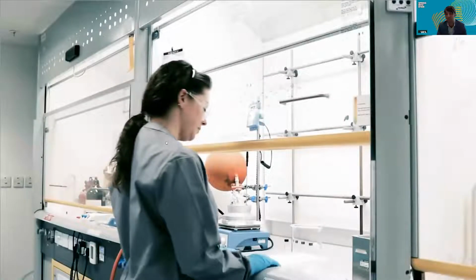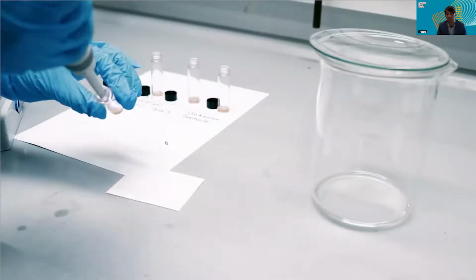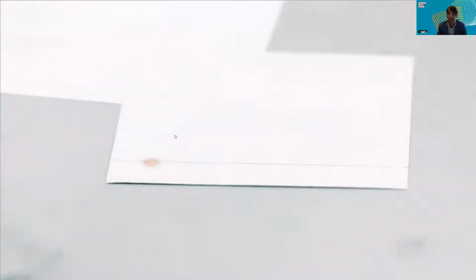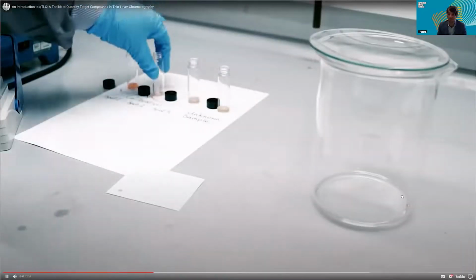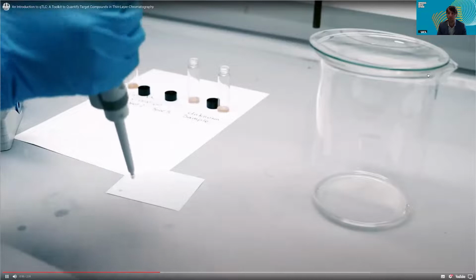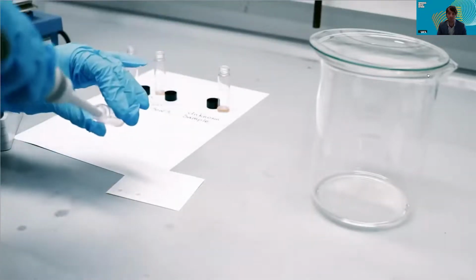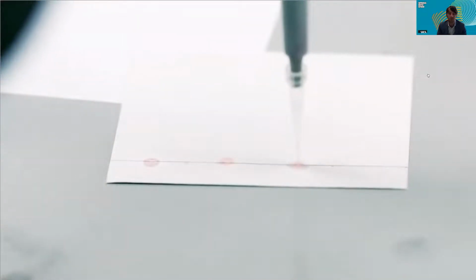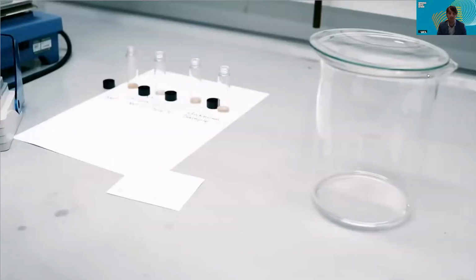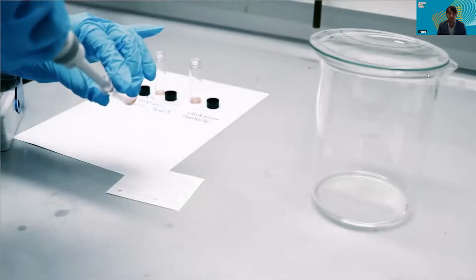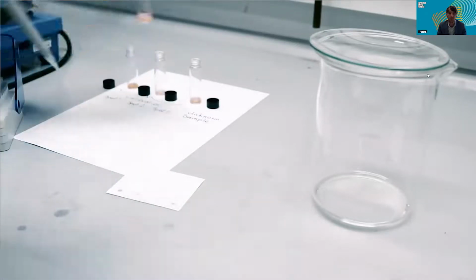You need to prepare a TLC plate by spotting a small but defined quantity of liquid a short distance from the bottom of the plate. To use QTLC for quantification purposes, you need a calibration curve in addition to the liquid you want to test. On this side, you spot known concentrations of the target molecule, your calibration curve. And on this side, you spot the sample with an unknown concentration.